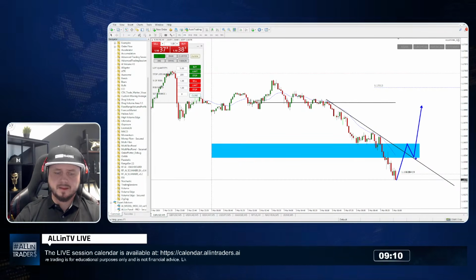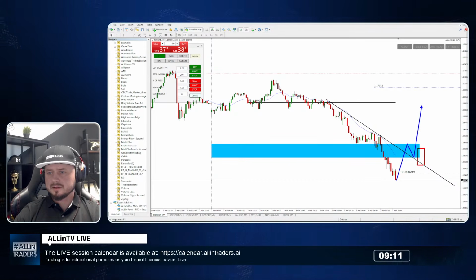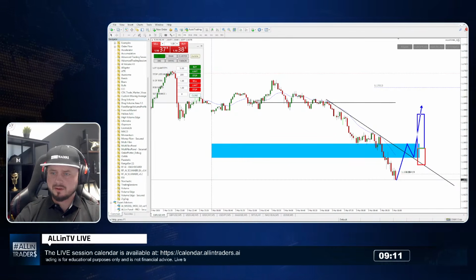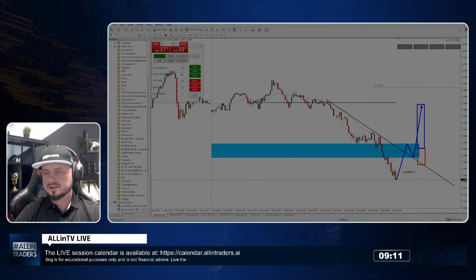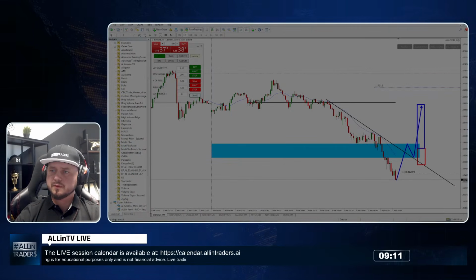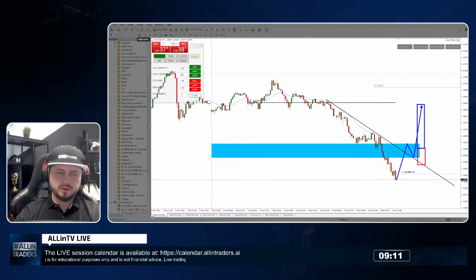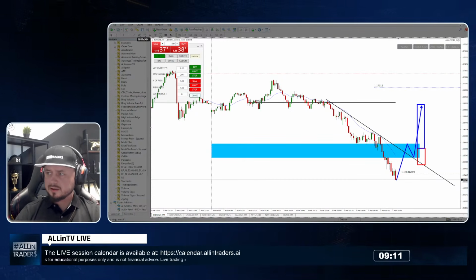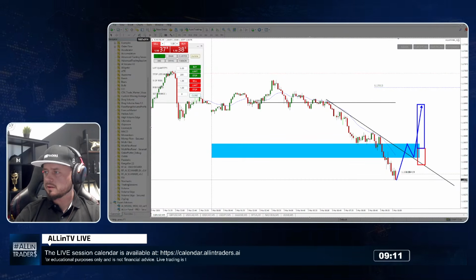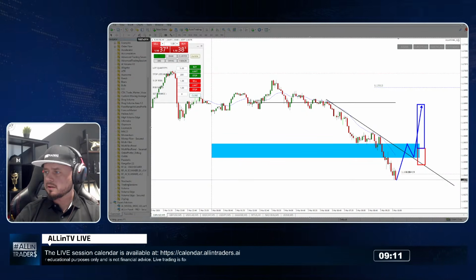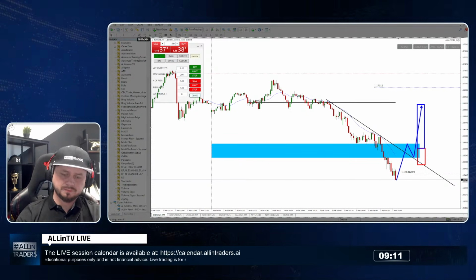So yeah, stop loss and take profit. Okay, so I'm gonna save that, and we're gonna try to open this trade later. This is Euro USD,